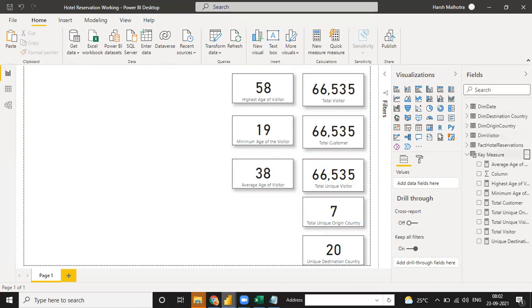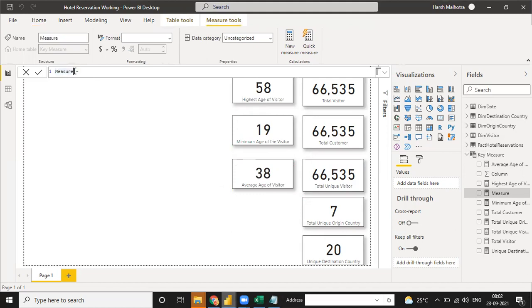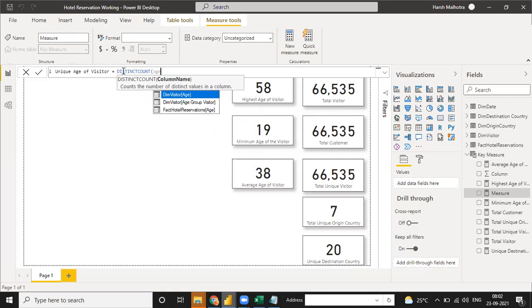So you can just click on this new measure. For the unique age, you have to write distinct count and the name, visitor age.